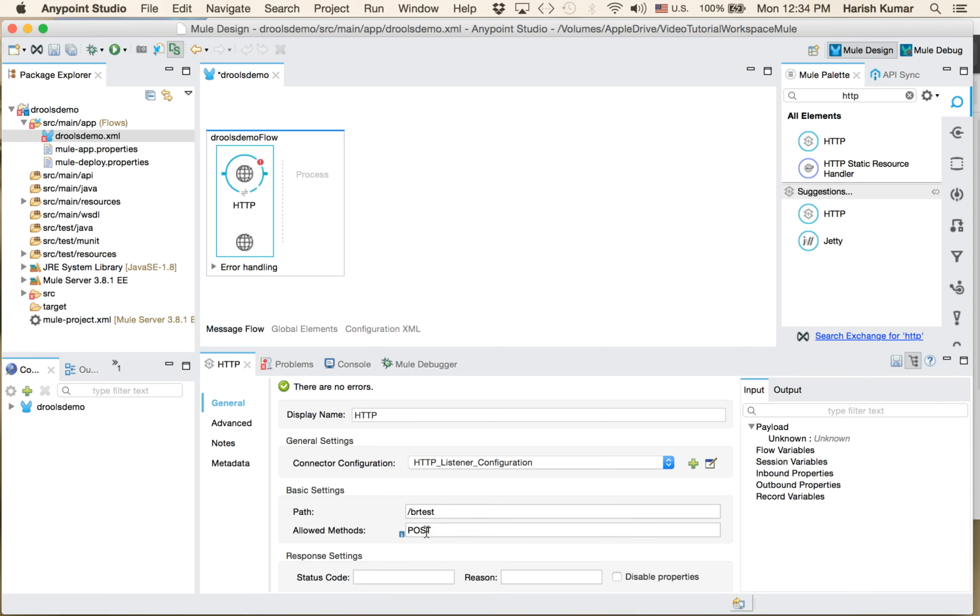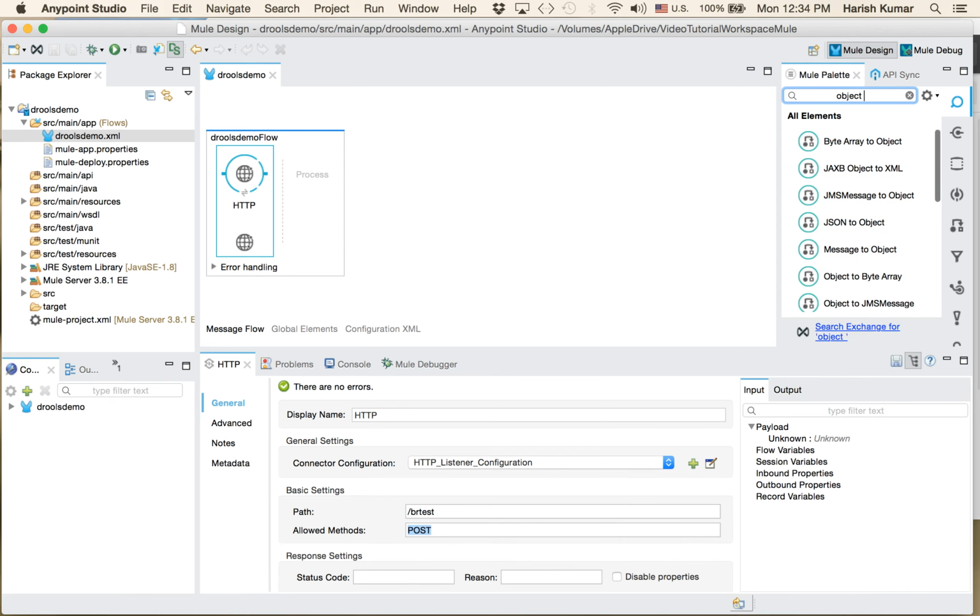If you don't specify, it will take GET, POST, all kinds of methods, but it's always a good idea to specify what your endpoint does and what kind of information it takes. Okay, so we have this POST done. Now since we are going to get a JSON object and it will come as a stream, let's transform that object to string,